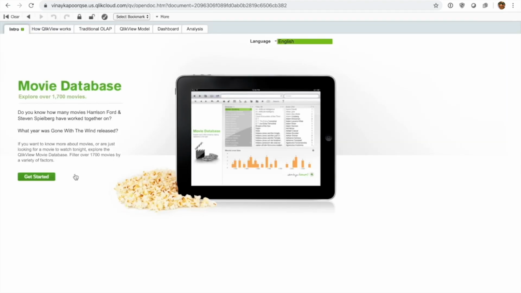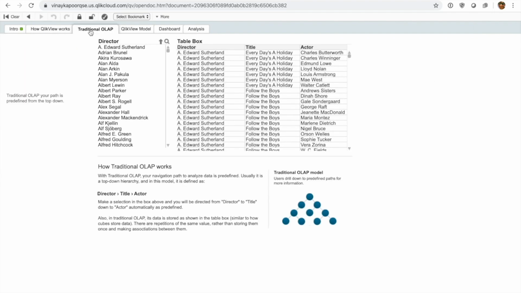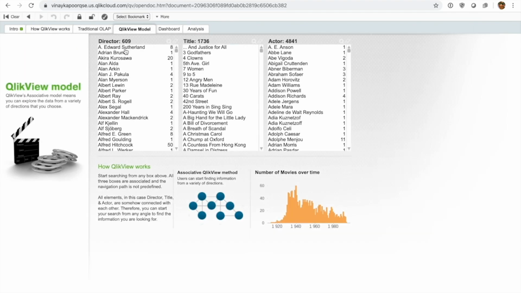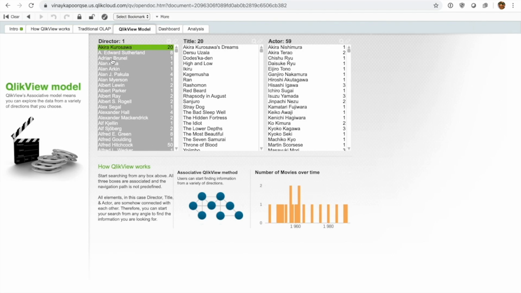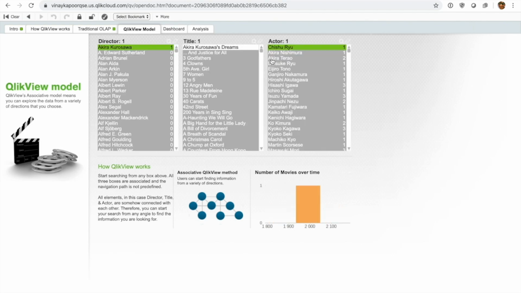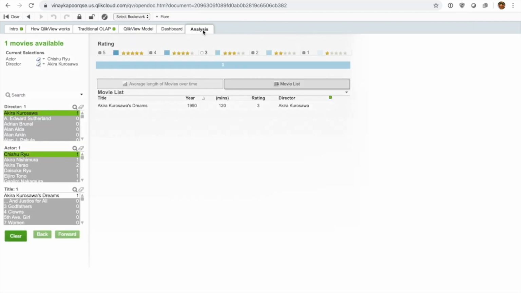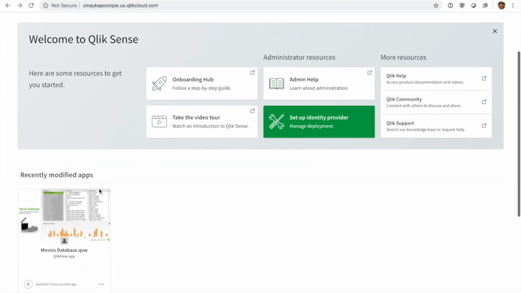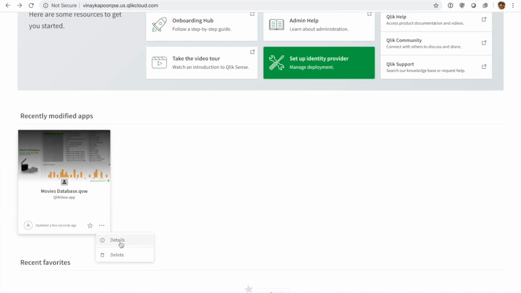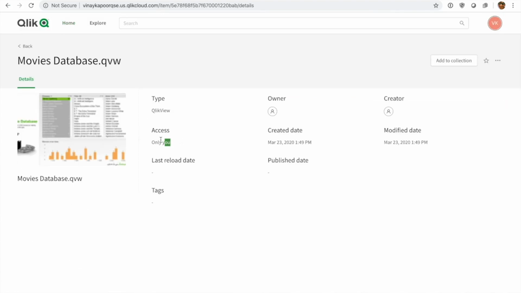This is pretty exciting because we just distributed this QVW file. Let's open it on this QCS server, and this is pretty cool. You can see I'm opening it actually on QCS, and I'm clicking around, and this is opening in ClickView on QCS. So the Qlik Sense engine is actually opening this document as I'm clicking around in the ClickView mode, as we call it. So I have the full green, white, gray ClickView experience, and I can go in and make selections. I can go back, and I have all of the normal options that are available to a user. So I can see, if I go into details, the type is ClickView. It's only accessible to me right now. So the distribution does require one more manual step where I have to go and assign a space to this document later.